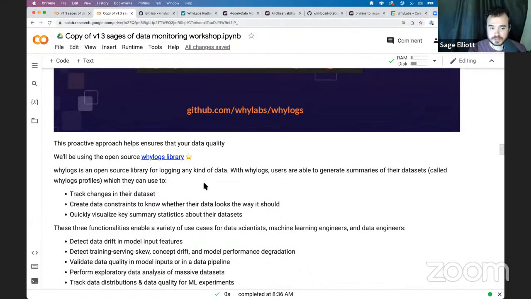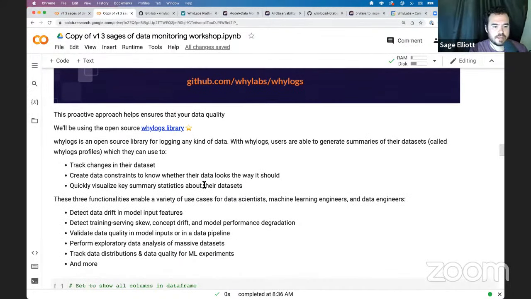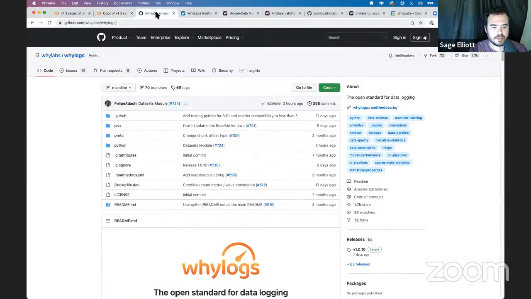So YLogs is an open source library for logging basically any kind of data. If you can put it into an object or a data frame, you can log it, which is really cool. So you can log unstructured data as well. Like I mentioned images before, doing stuff in computer vision, you can actually extract statistics from images, such as the RGB values or the sizes of the images themselves, which could indicate some sort of quality problem. And how YLogs works is that they actually